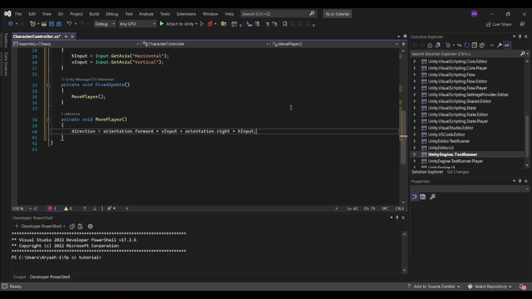Okay, now let me explain this code a little because it has quite a lot.